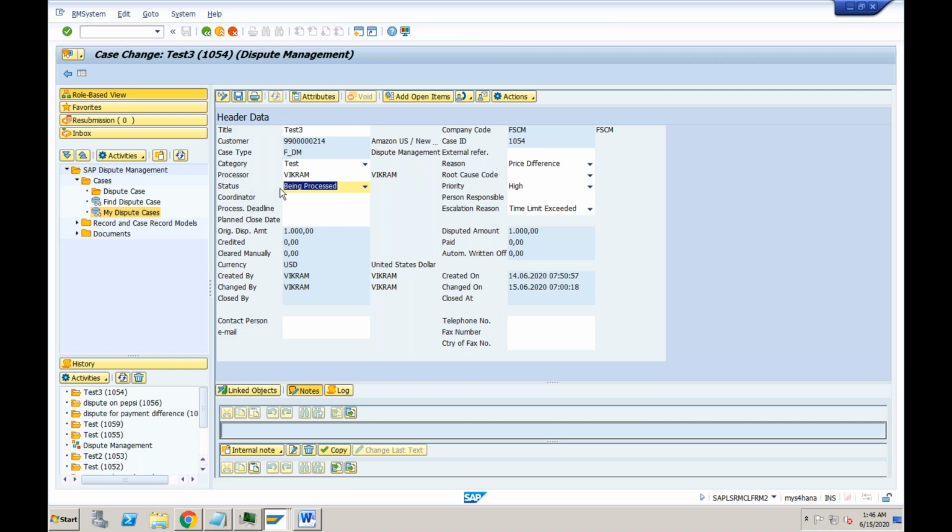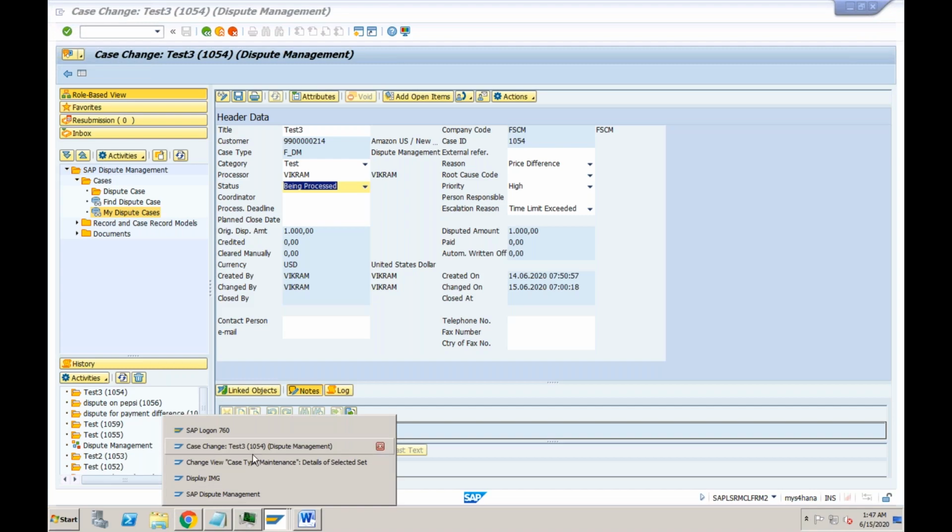By default SAP provides some statuses, but if you want to create your own status and you want the user to use that status whenever they are creating or processing a dispute case, that can be made available here. Okay, so what are the different statuses available by SAP? Let's